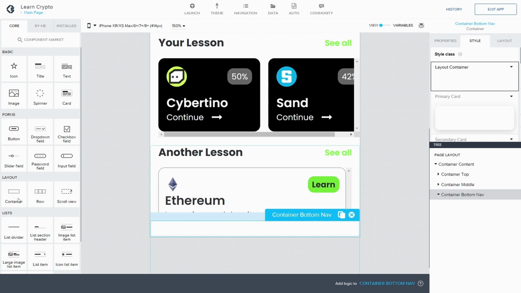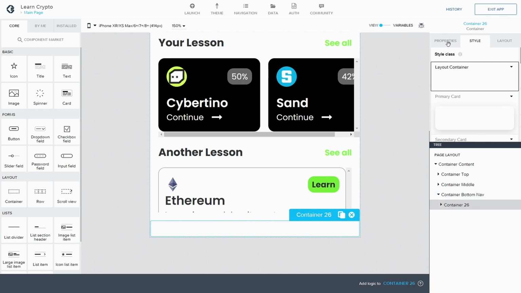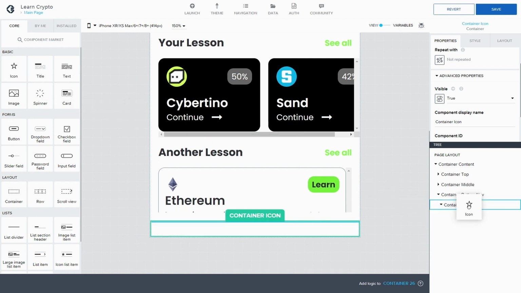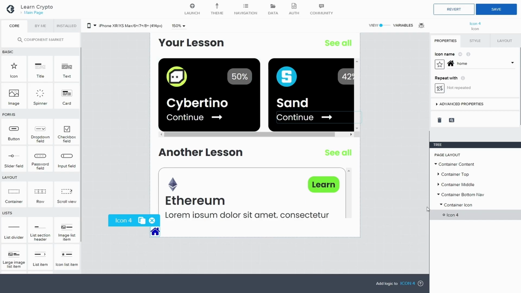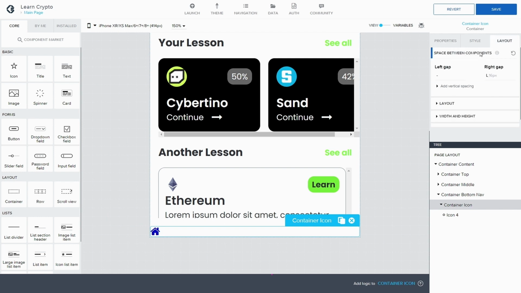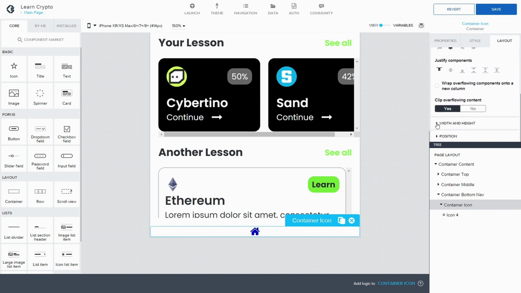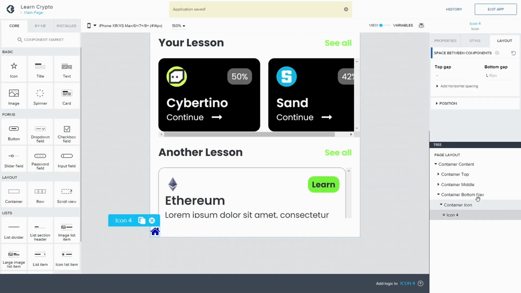Okay, let's start working on the navigation. There is a container in there. This will be an icon. And in the container, we actually do an icon itself. This one is home, and the home is selected actually. So let's put layout like this, and at the same time fit that one. Let's style the icon,